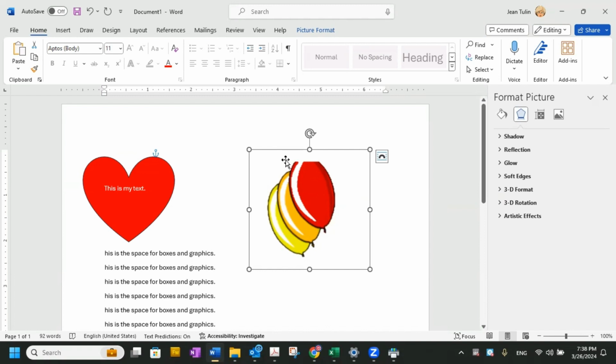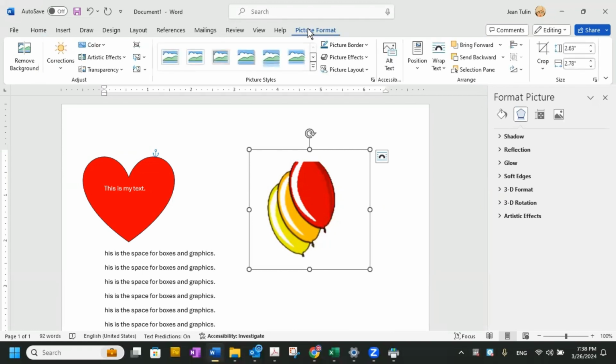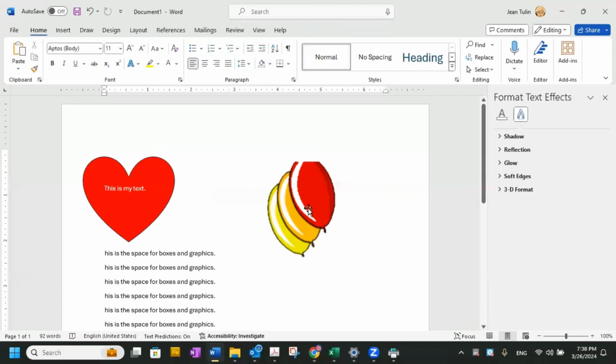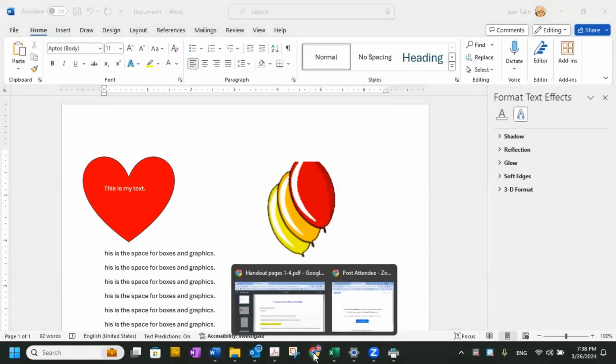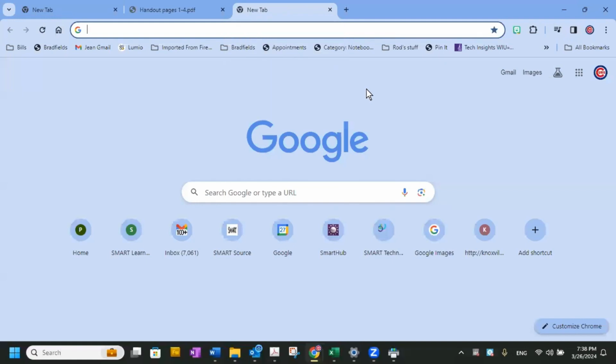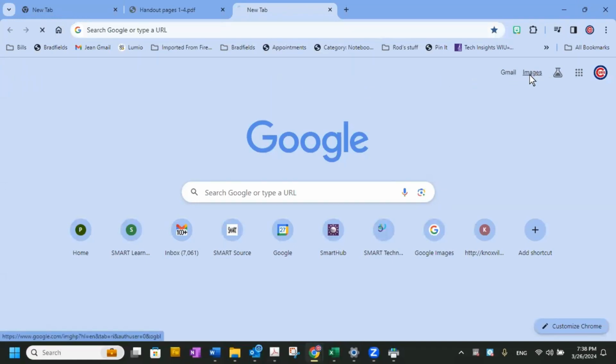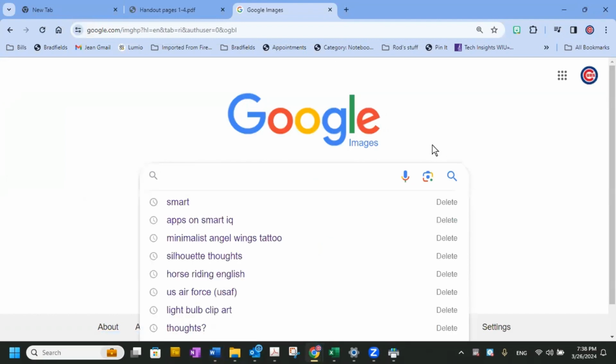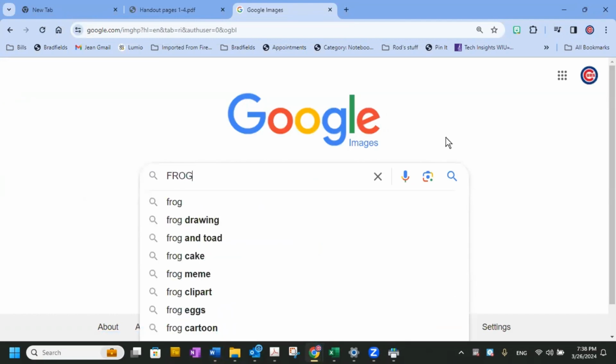You got this down? Click that little thing. Now, as these people pointed out, where can you get pictures legally? If you go to Google here, if you go to Google and images and you search for frog,